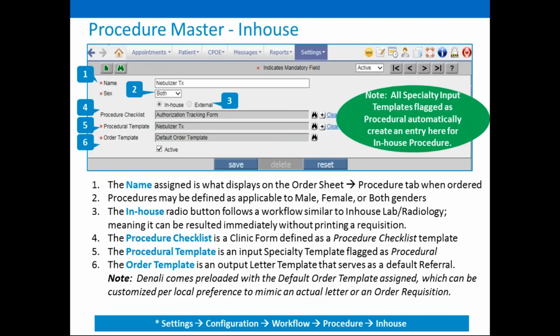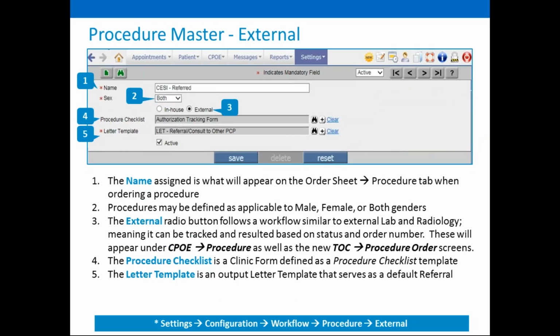Procedure master, very similar, with the exception that you here will define it whether it's in-house or external. And then based on whether it's an in-house procedure or an external procedure, number 4 through 6 is different. In this example, we're doing an in-house procedure. So I have a procedure checklist at number 4, a procedure template at number 5, as well as an order template number 6. For external, I don't have the procedure template. All I have is a checklist and a letter template,